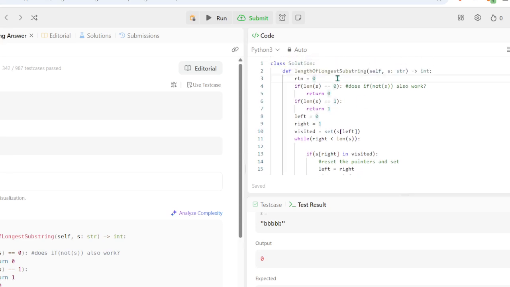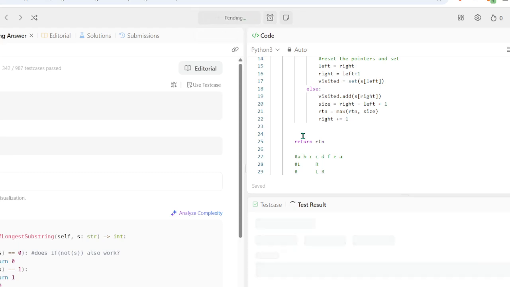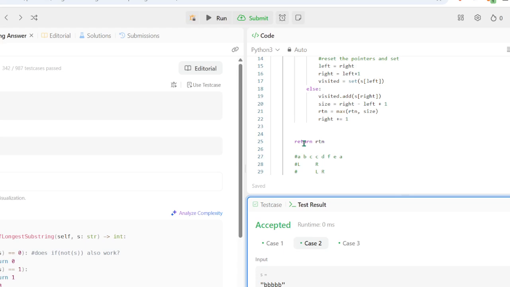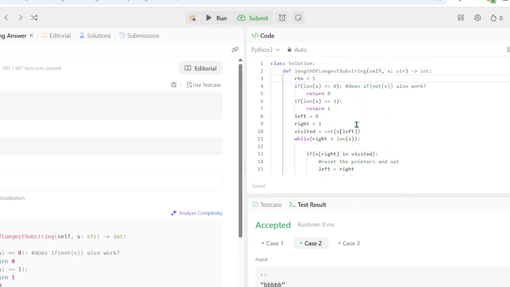Oh, should I just be setting this to 1? I think so, right? Okay, yeah. Okay, that makes sense. We know that the length will always be 1 if it's not an empty string, right? It will at least be 1.